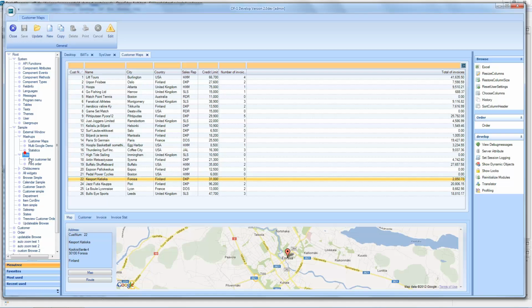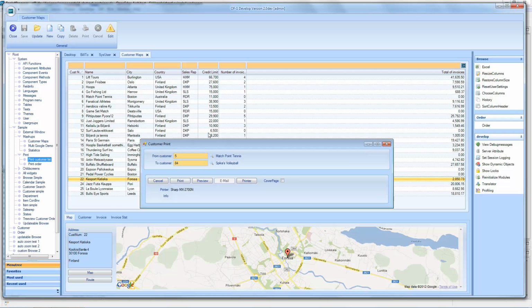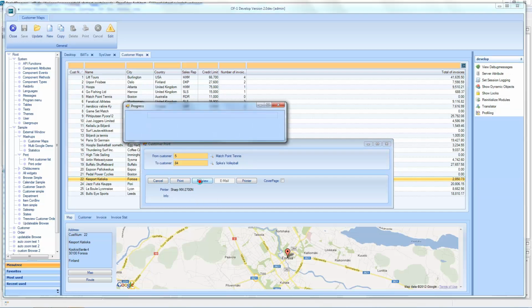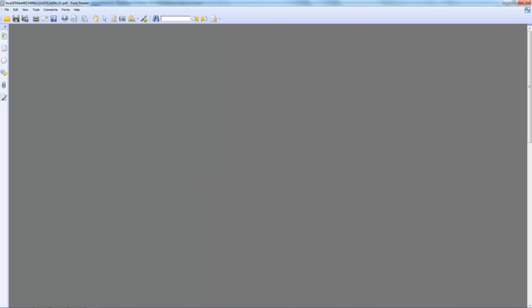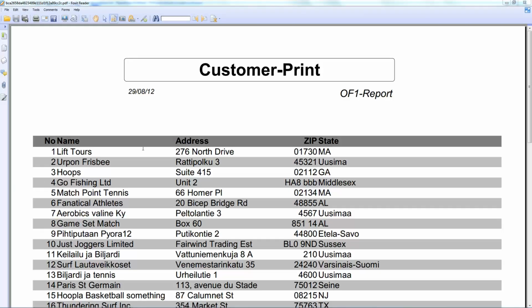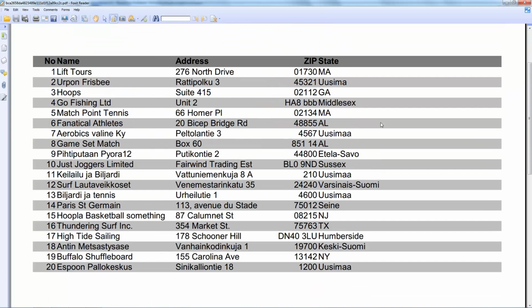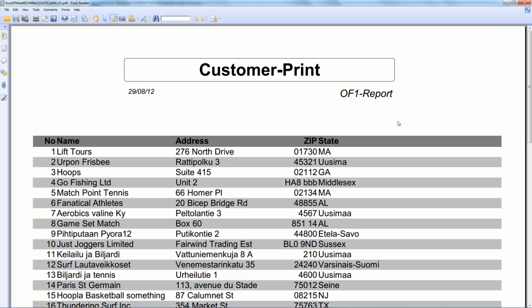This print customer list here shows you how you can have customizable print options for your screen and for your program. In this case, it is to print my list of customers. And if I click the preview, it will automatically create a basic PDF of all my customers. As such, this is again a very basic program and can be improved. All of this is done using Viper, which is a printing tool from IAP. Okay, if I close this,